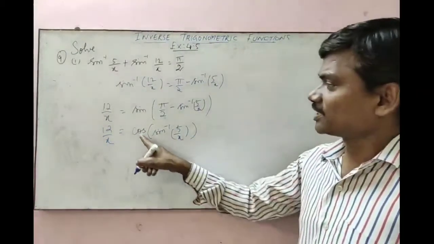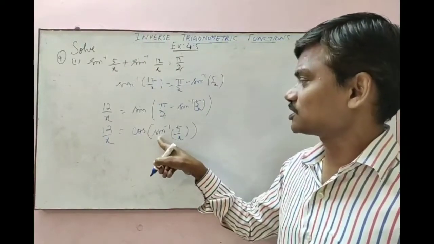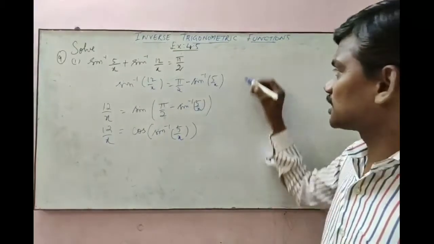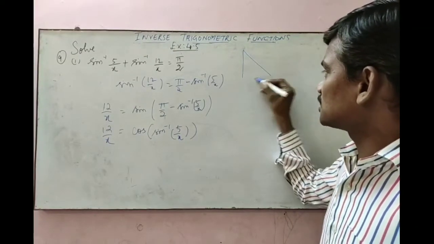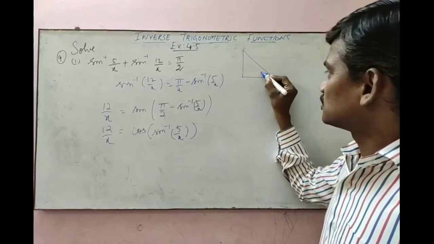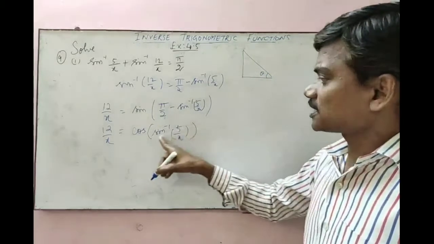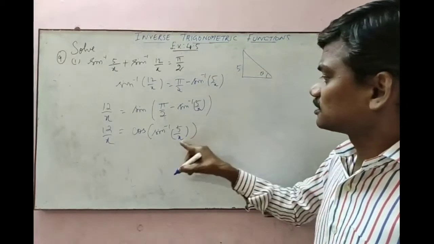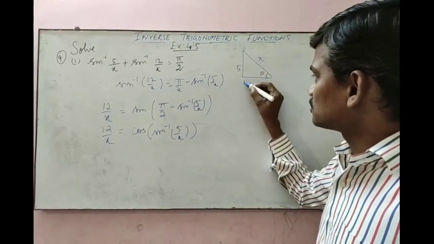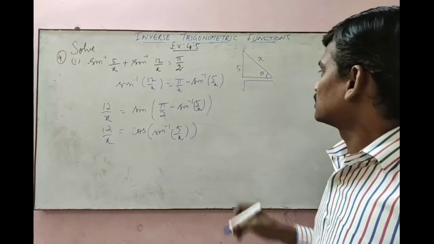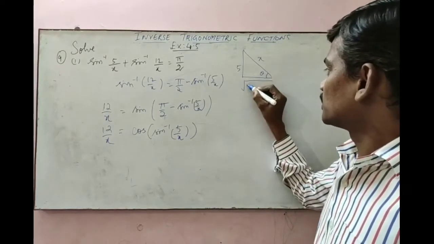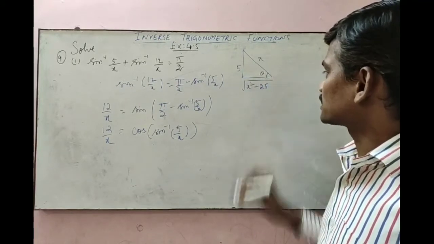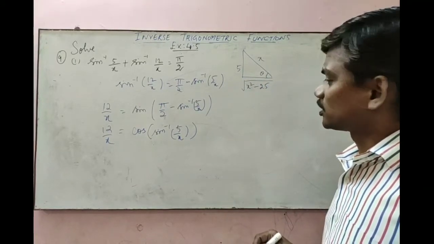So again we have to eliminate this cos and sin inverse. So I am going to convert this sin inverse to cos with the help of a triangle. What is the reference triangle? If this is theta, sin here means this side denotes the opposite side. This x denotes the hypotenuse. So you can get the adjacent side by root of hypotenuse square minus opposite square, that is x square minus 25 under the root.